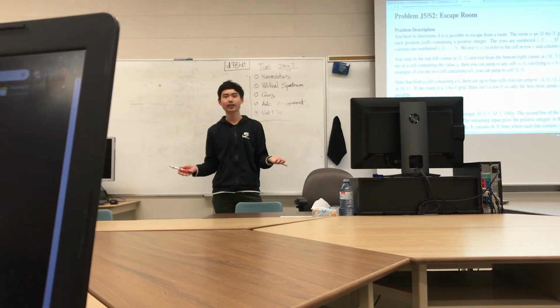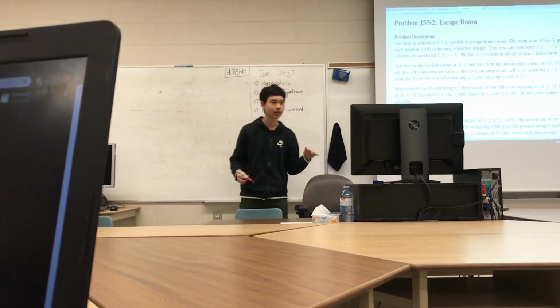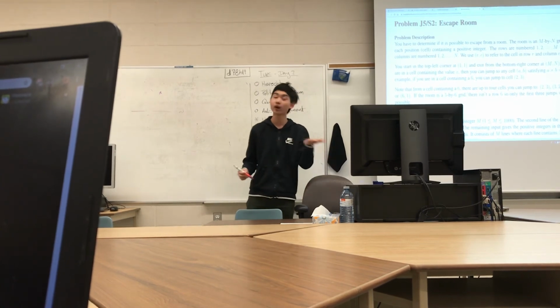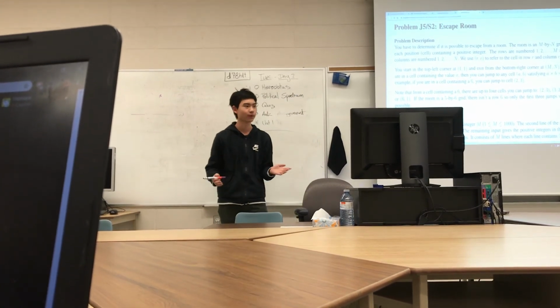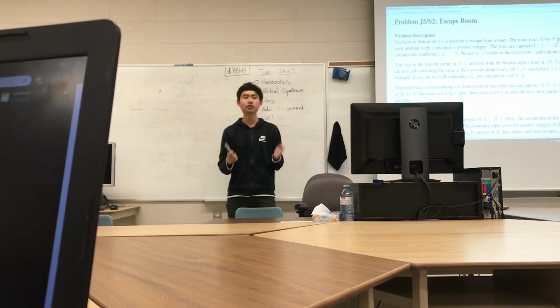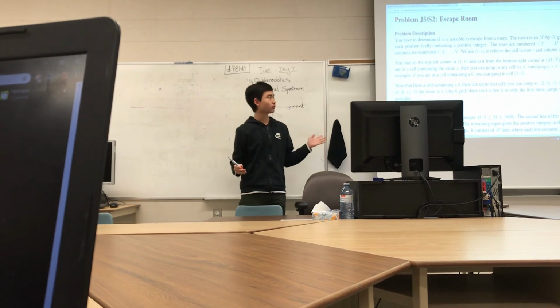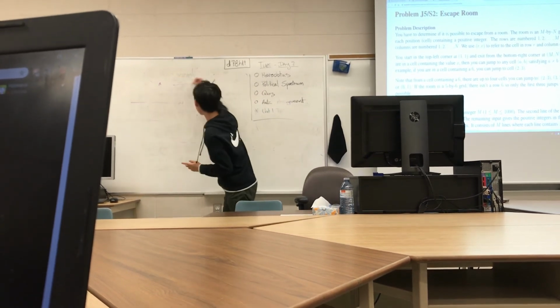Have an n by n grid, one-indexed, so you start at 1 and go to n. Wait, is n rows or n columns? N columns and n rows. No. So, okay, whatever, an n by n room, right? And in each of these coordinates, you have an integer. And what you're trying to figure out is, if you have a grid like this,